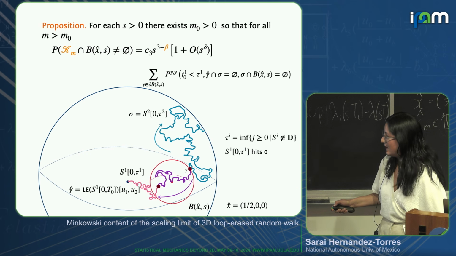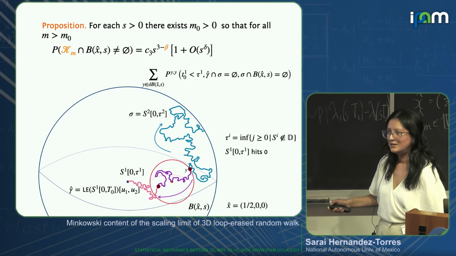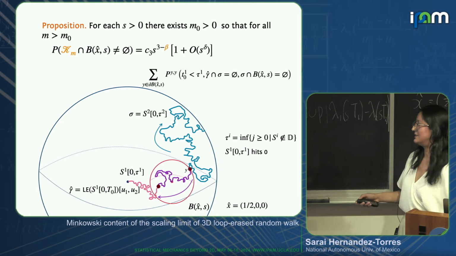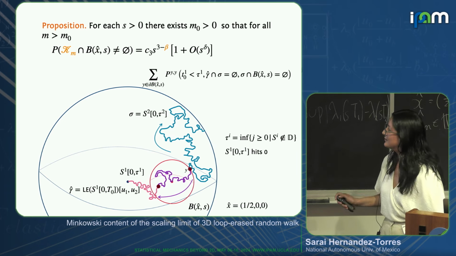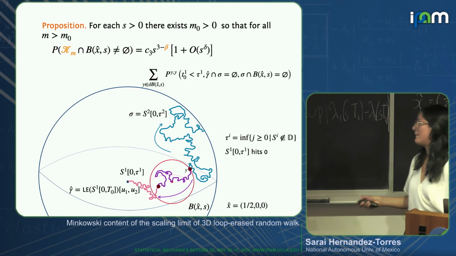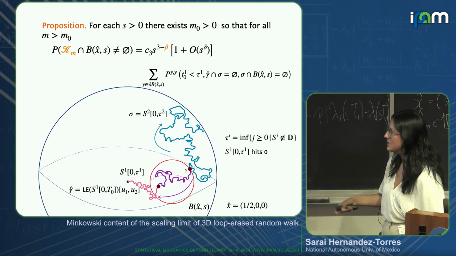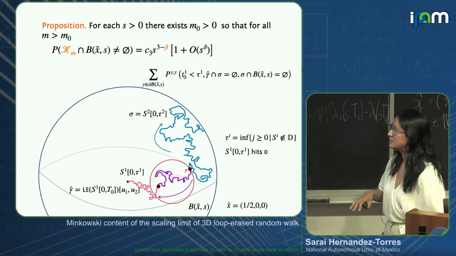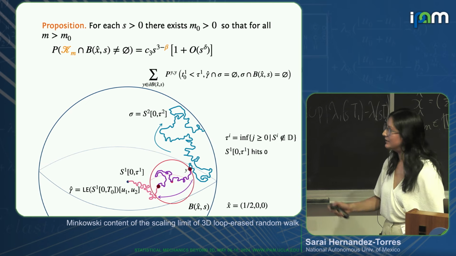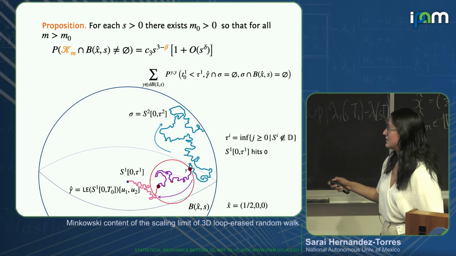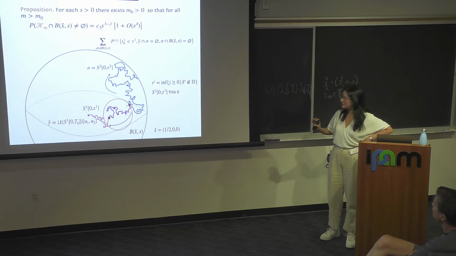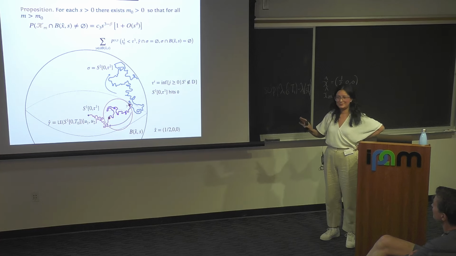But there is some flexibility. This U2 was chosen as the first exit from the red ball, but there is flexibility inside the red ball: as long as we go from a point to another point, we are okay. So that's where you get 3 pages of comparisons. But at the end of the day, you just want to write down this sum as a comparison with some probability that is going to be for a fixed point. So then you can actually estimate this. This is what I want to say, and you can go to the paper if you are interested in